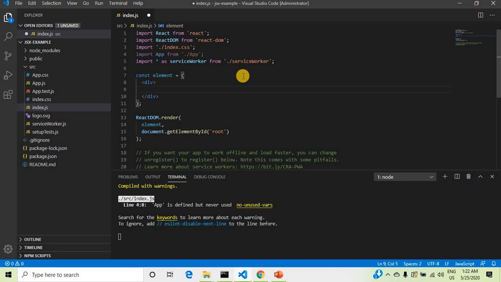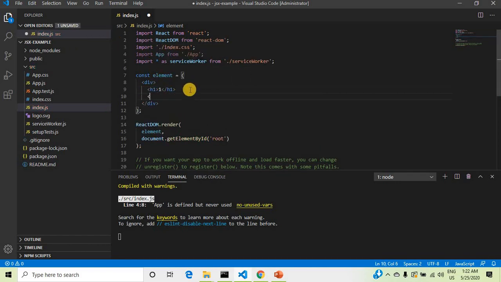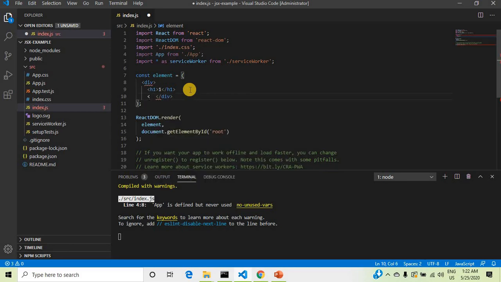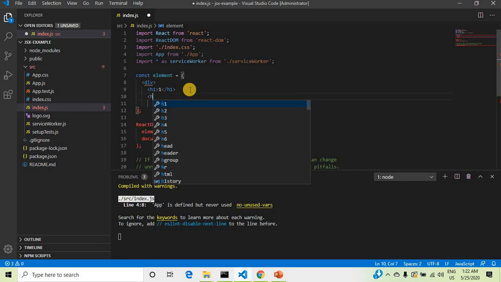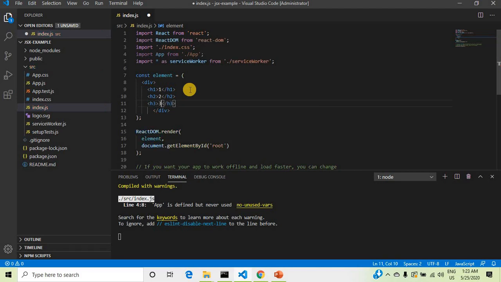If you define more than one element as a root element, React will give an error. If there are more levels, you can define them in the paragraph. That is nesting of elements.